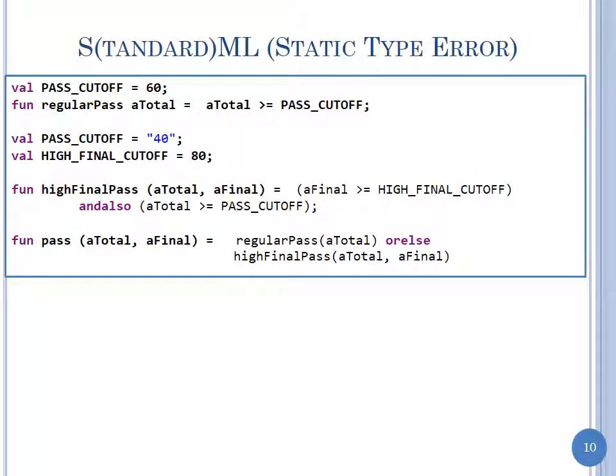So let's go and introduce a dynamic error. Let me make the second pass cutoff be a string 40. And then I can enter the high final pass that uses the second pass cutoff. And when I ask ML to compile it, yes. Two questions simultaneously. Something must be really bad here. But okay,